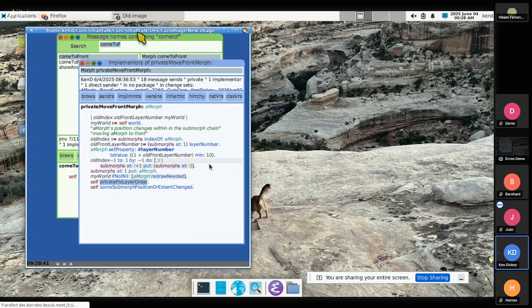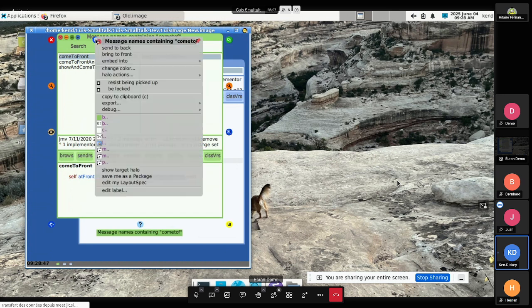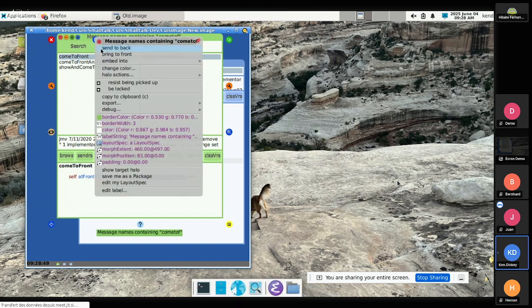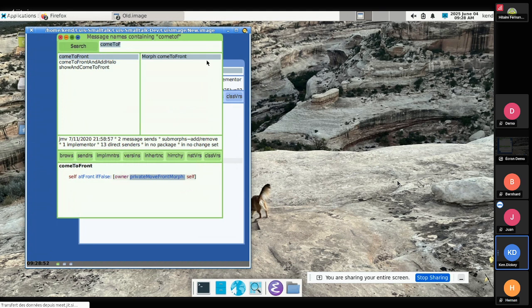And so the difference between a constant and a variable means that you can come here and say, send it back or bring to front, and it goes ahead and makes the adjustment rather than being fixed and not being able to go anywhere. So this meant that